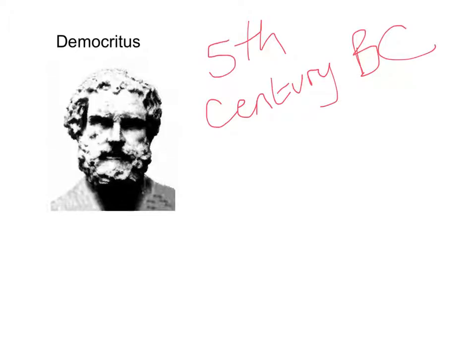In the 5th century before Christ, the Greek philosopher Democritus developed the first idea of the atom. He thought matter was made out of particles, and he suggested that you could divide a sample of matter only so many times. Eventually he believed you would end up with a particle that could not be split any further. Democritus called this particle atomos, Greek for invisible. He also imagined atoms were held together by tiny hooks.